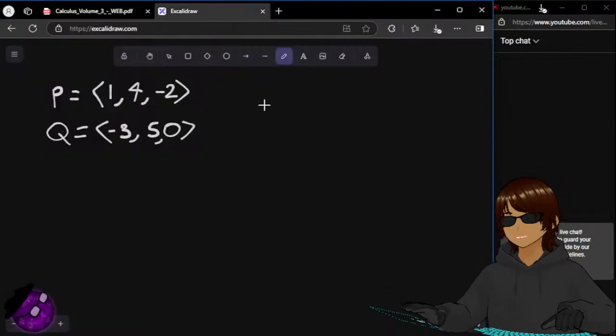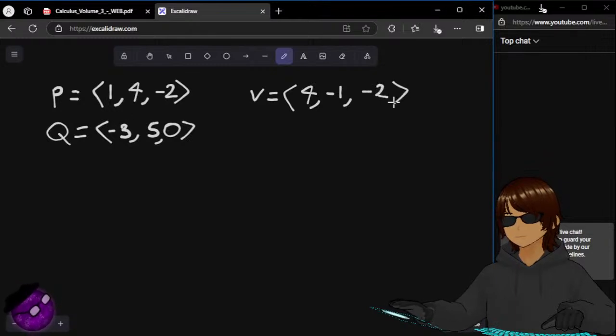So I can define vector V as, I can take Q minus P. So minus 3. Actually, let's do P minus Q. So 1 minus minus 3 would be 4. 4 minus 5 would be minus 1. Minus 2 minus 0 would be minus 2. So I guess we can say